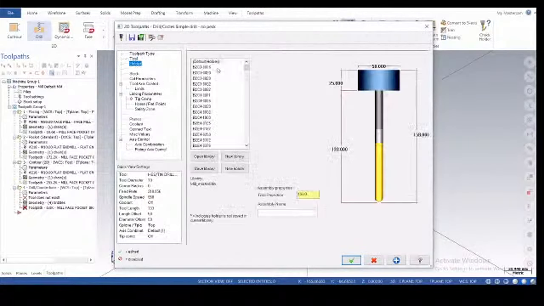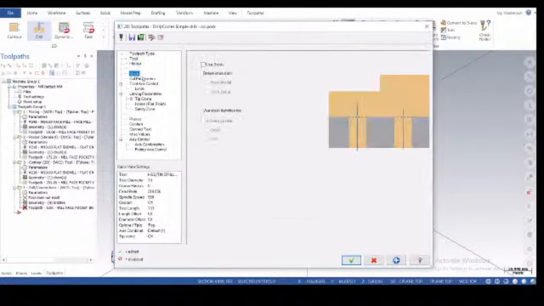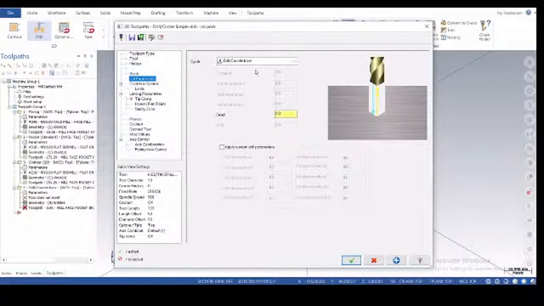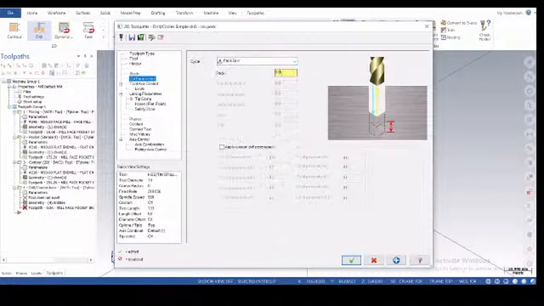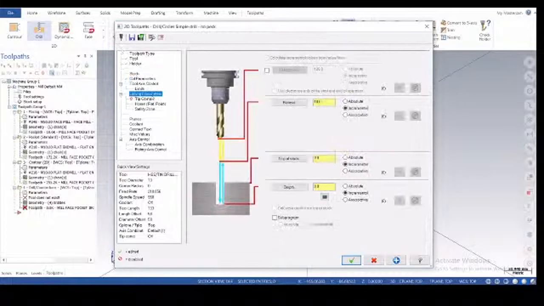And go for the holder, select the holder, stock, non-edit, cut parameters, what type of cycle you want. If you want to peck drill, then just click on peck drill and give the peck value. Okay, and go for the linking parameters.